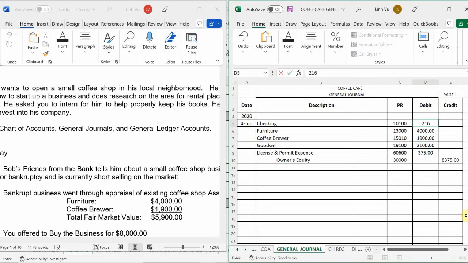So 21,625. There you go. Now my journal is evened out on both sides. My debits and my credits match. So now this is the completion of my journal. I just need to add my last thing, which is the description. What would you say here? You could say you opened your business bank account